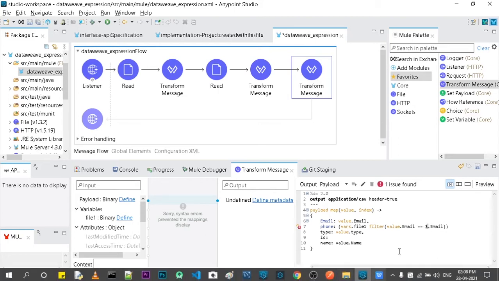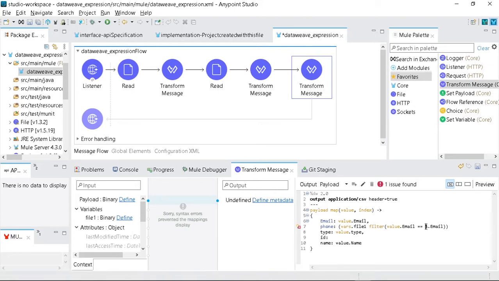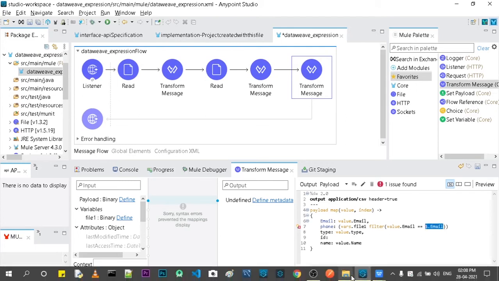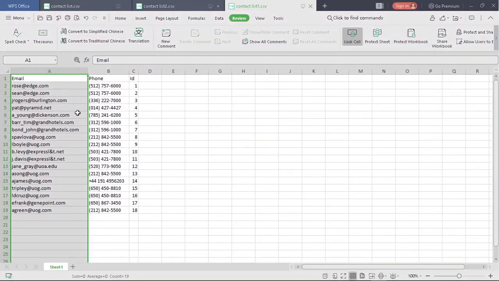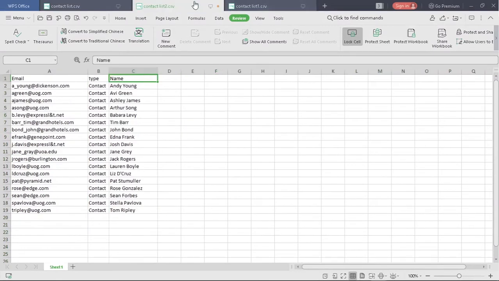So finally dollar dot email will check inside this email column. Suppose there is a value in value dot email, let's take the first example. So this is the first value.